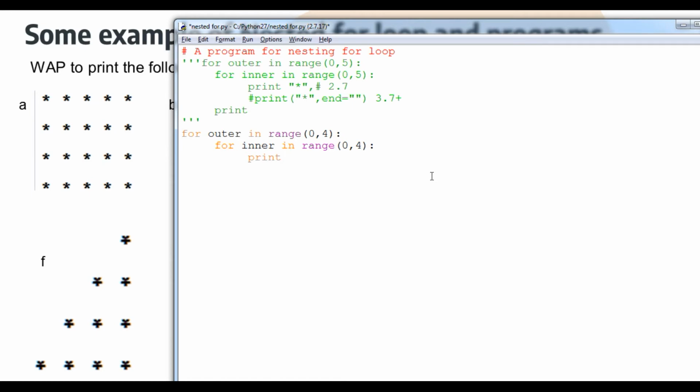So print, simply I'm going to use the star, and then comma for continuation of the line, and come out of the particular loop, and print for next line. So it will be better student if you use the comment, I say comment for that, for next line here, comma for continuation of printing star.